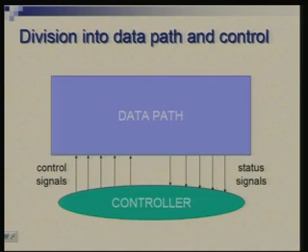As I mentioned in the last class, the whole design will have 2 parts, the data path and the controller. The signals which go from controller to the data path are called control signals, and signals which come from data path to controller are considered as the status signals. So, the controller times the activities in the data path and also directs what has to be done in which clock cycle or which instant. So, status signals are the information which the controller seeks from the data path to decide its actions.